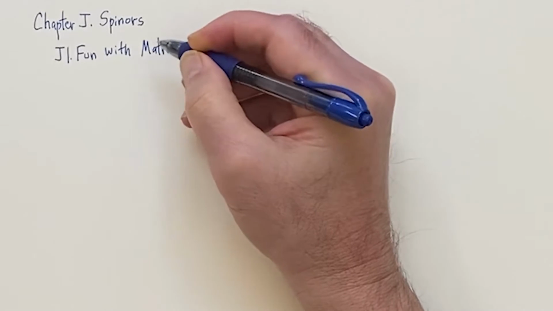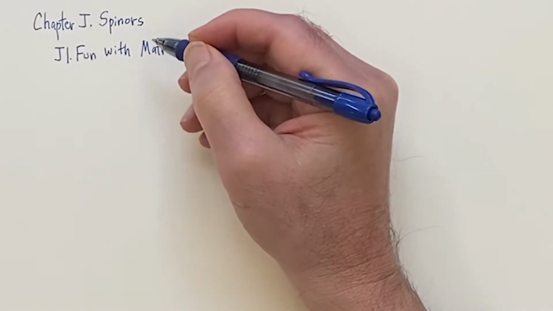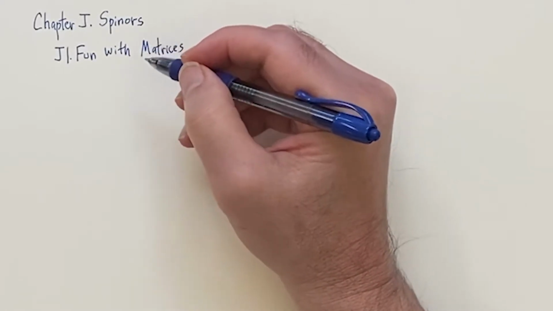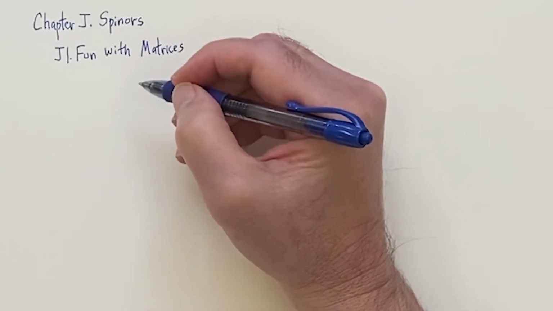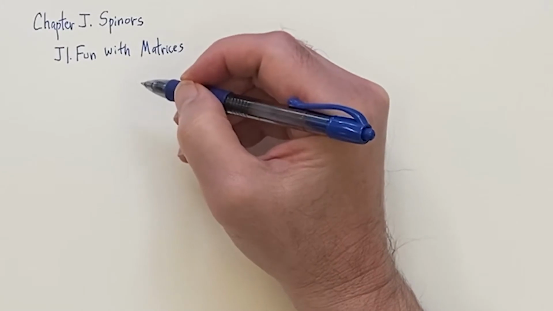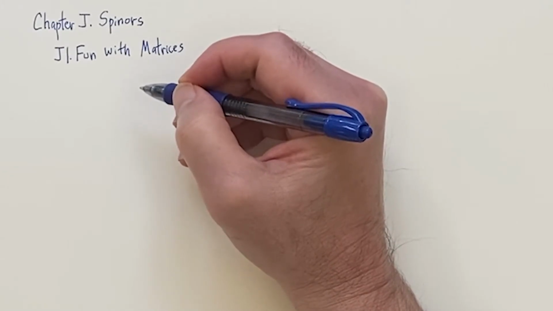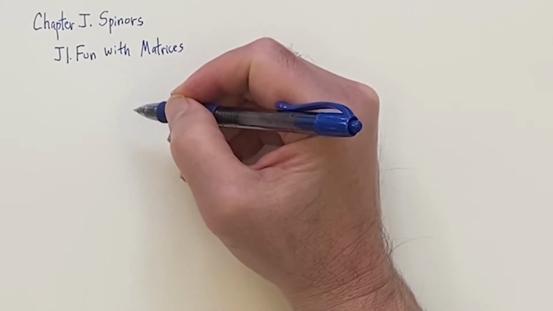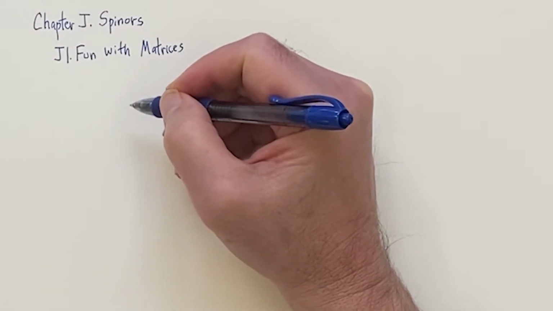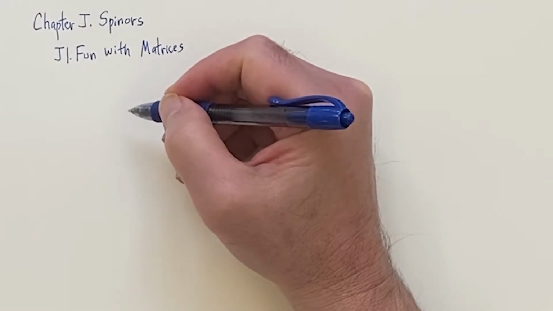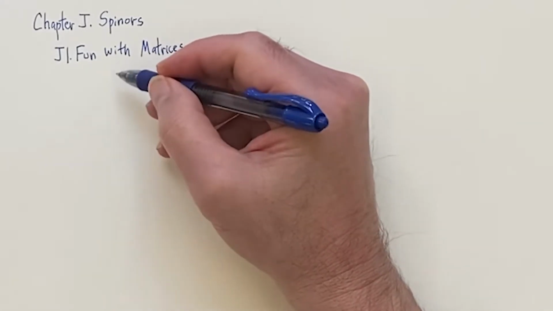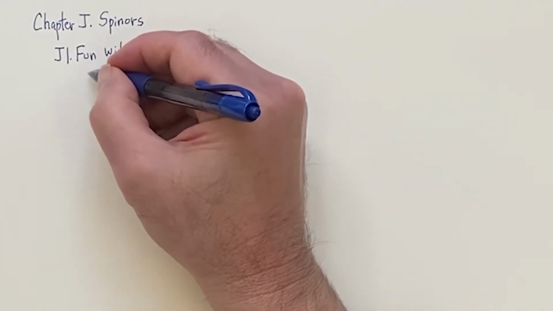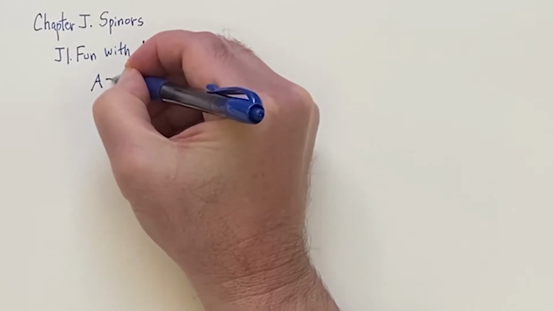Now we're going to look at the spinor and matrices. These are going to be a discrete kind of way of looking at things. This will help us understand the spin of the electron eventually. So rather than have a continuous kind of situation, we're going to have matrices where you can have a state be spin up or spin down, for example, but that will be explained later. So first off, let's give a 2x2 matrix A,